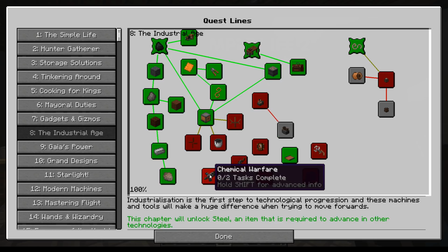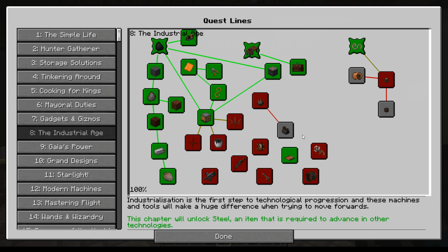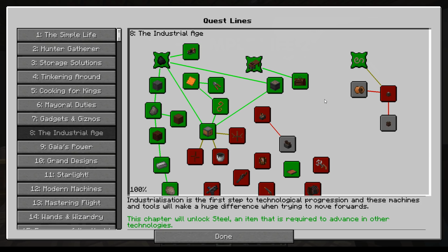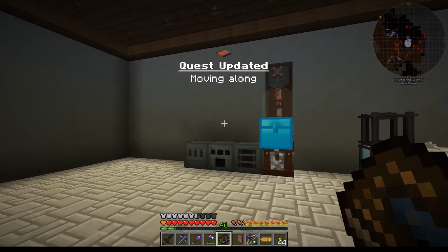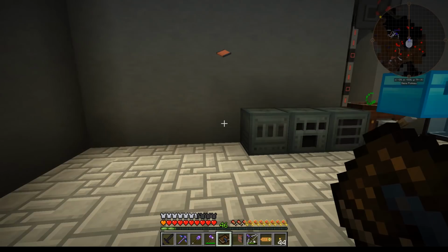What else? So I made the... mind you, the press is actually something it can't do. We need to obviously work these anyway. So I'll make these. I'm never going to use these cables. I hate Immersive Engineering cabling. I think it's a lovely idea and very aesthetically interesting, but I'm not a big fan of the overall look and feel of it. However,